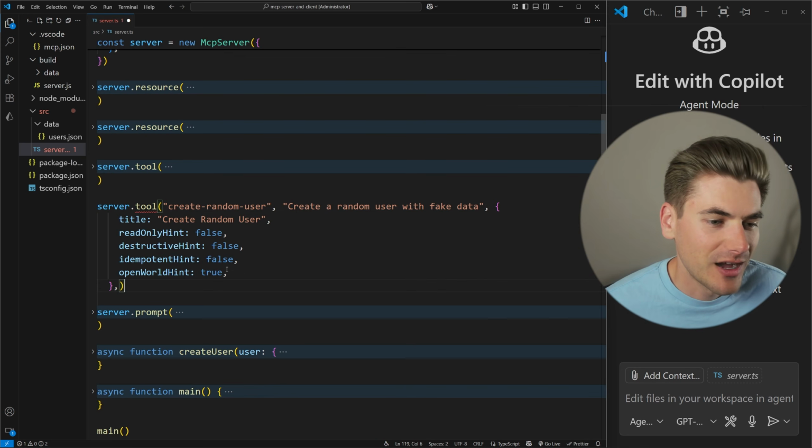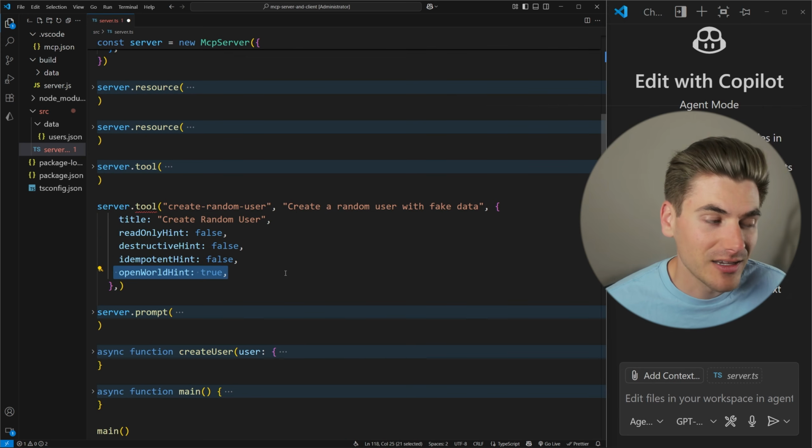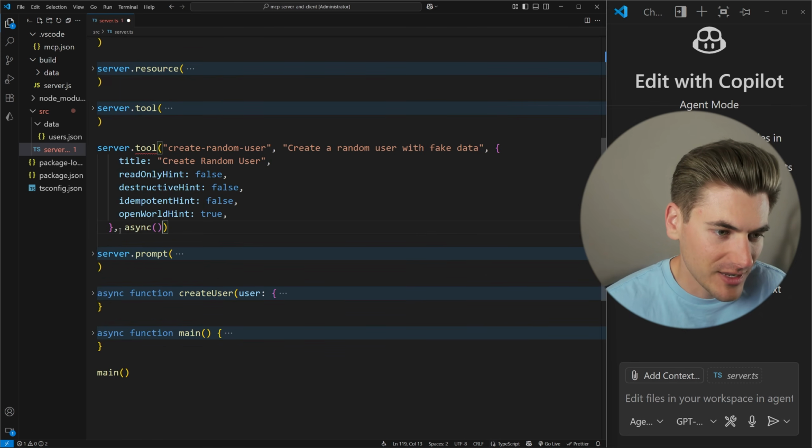And in our particular case, obviously it is not a read only. It is not destructive. It is not idempotent. And it does access things that are external because it's going to create a user in our database. So we have essentially the exact same prompts here. Now we have an asynchronous function,